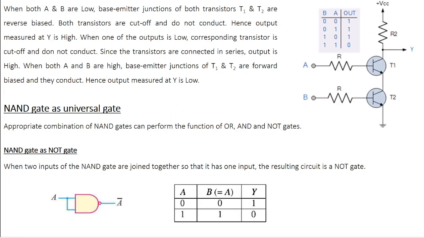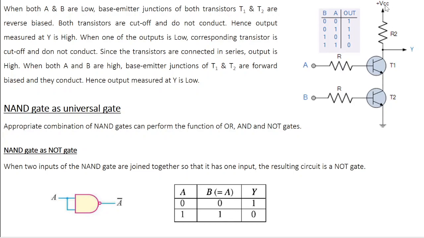Typically, a NAND gate is constructed using two transistors connected in series. So here you have two inputs A and B given to the base, and there is a resistor to regulate the current flow. Then there is a resistor R2 at the collector circuit. Since we are not taking output across this, I cannot call it the load. And this is connected to the positive terminal of the battery, plus VCC.